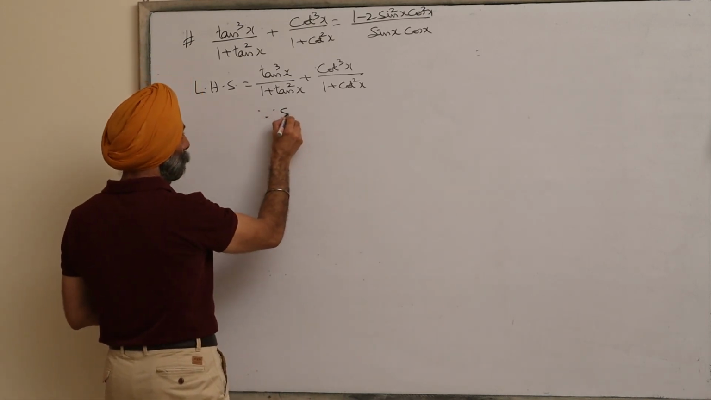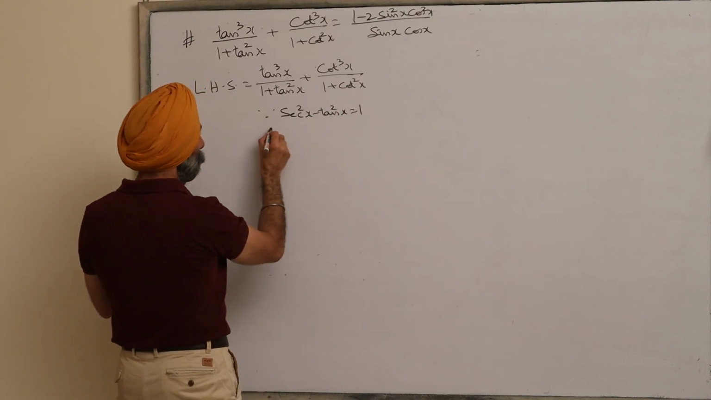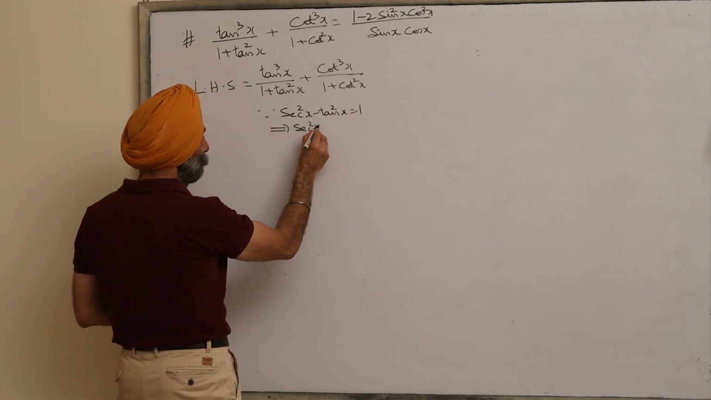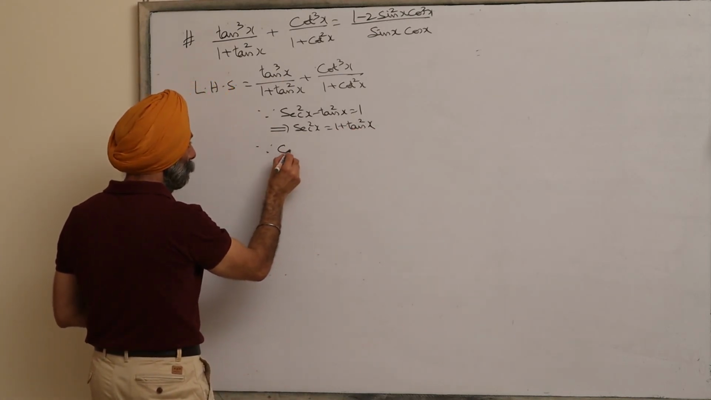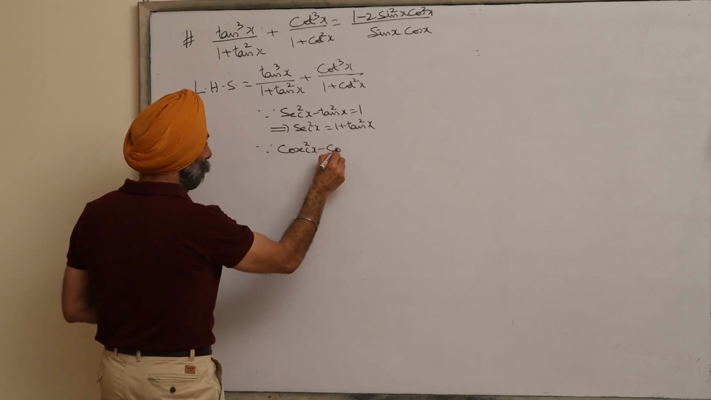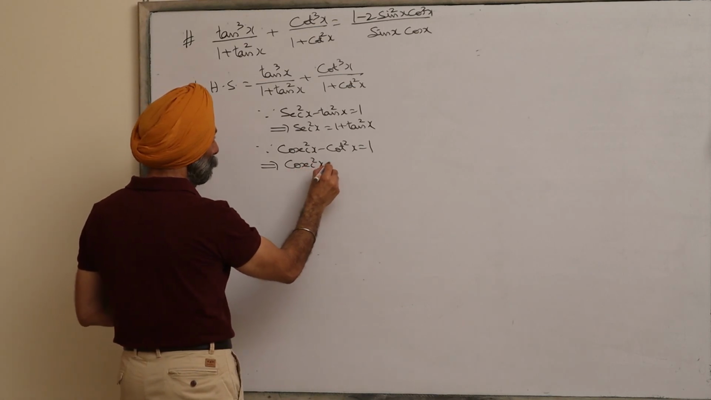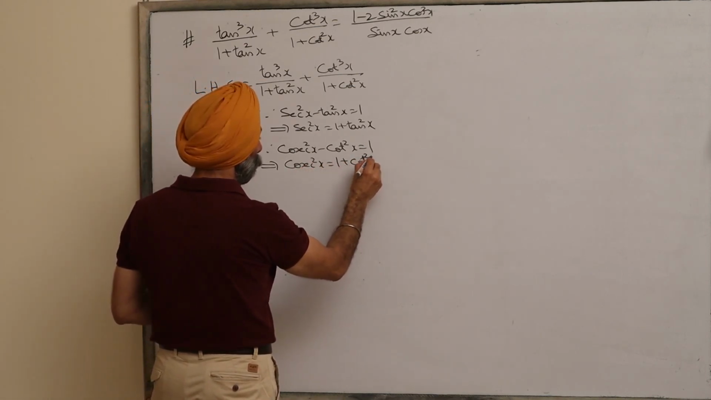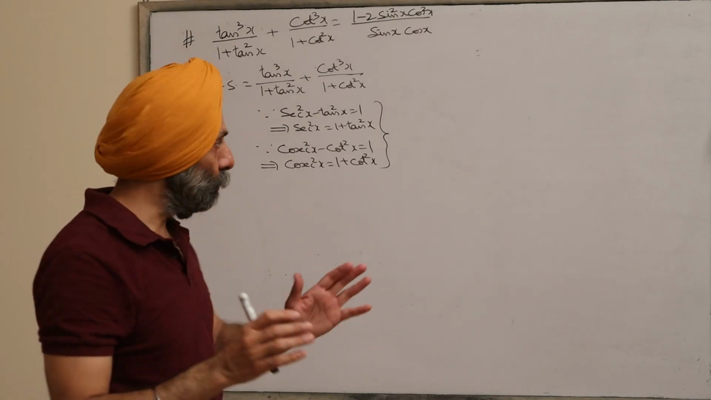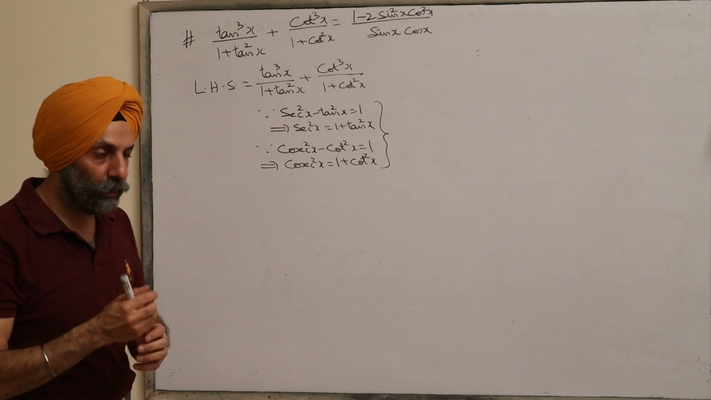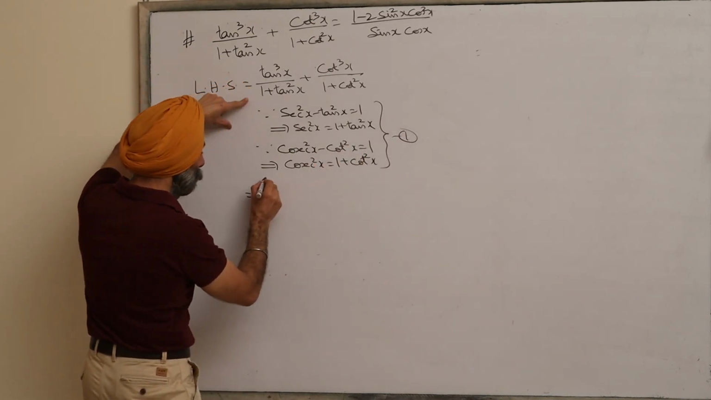Now, because secant square x minus tan square x is equal to 1, so this implies secant square x is equal to 1 plus tan square x. Because cosecant square x minus cot square x is equal to 1, so this implies cosecant square x is equal to 1 plus cot square x. So these two identities we are going to use in the very first step. So from here, using 1,